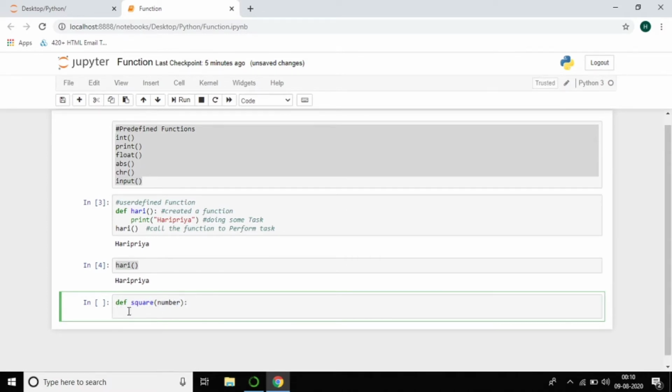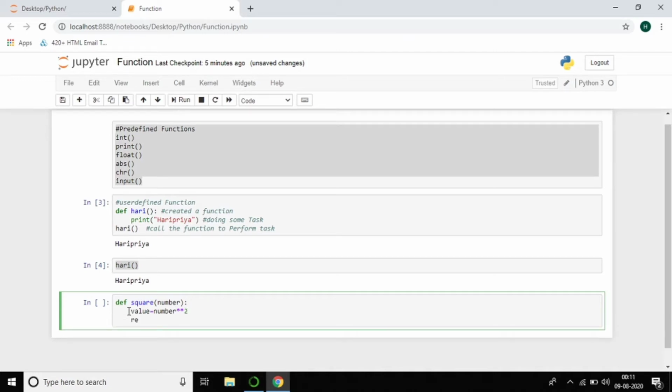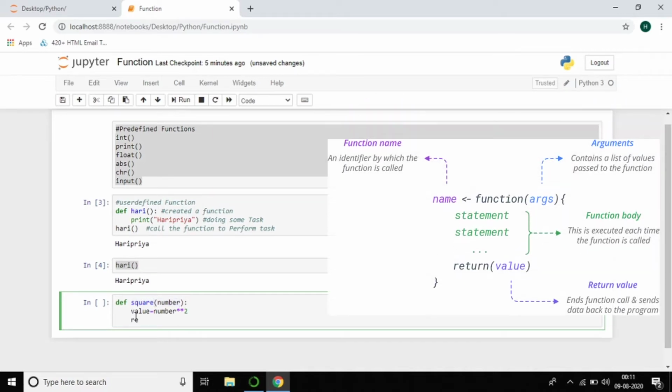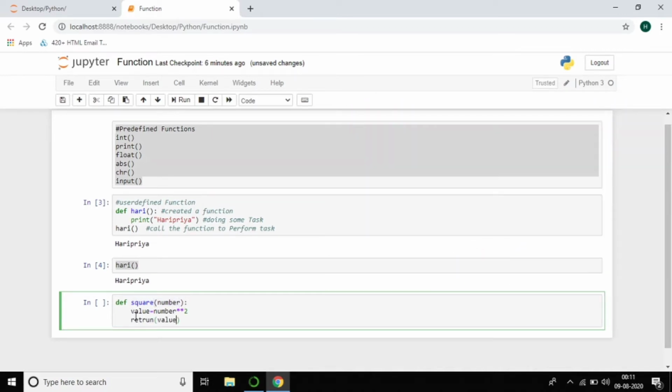Now I'm performing the task, the final value I want to print is the square of the number. To get the square of the number, use two stars. And then we return the final value.